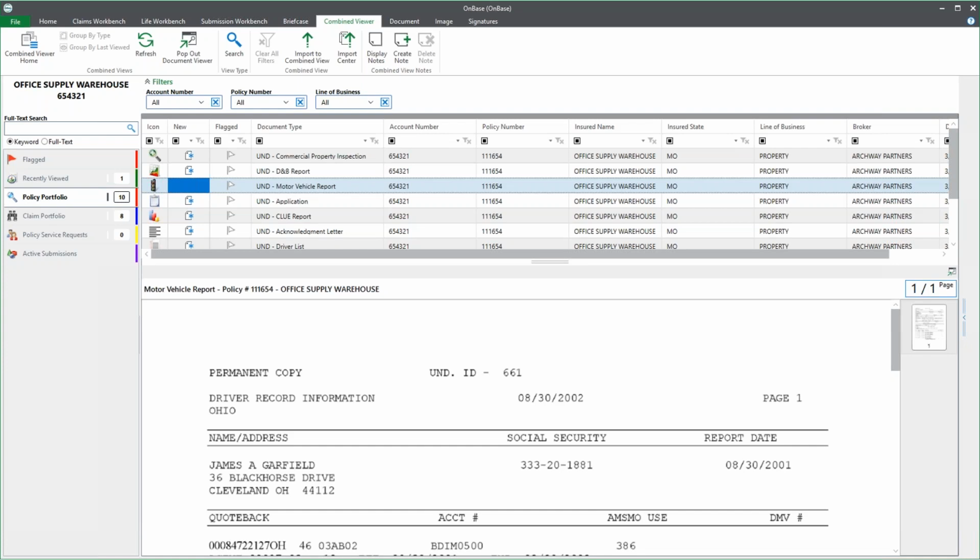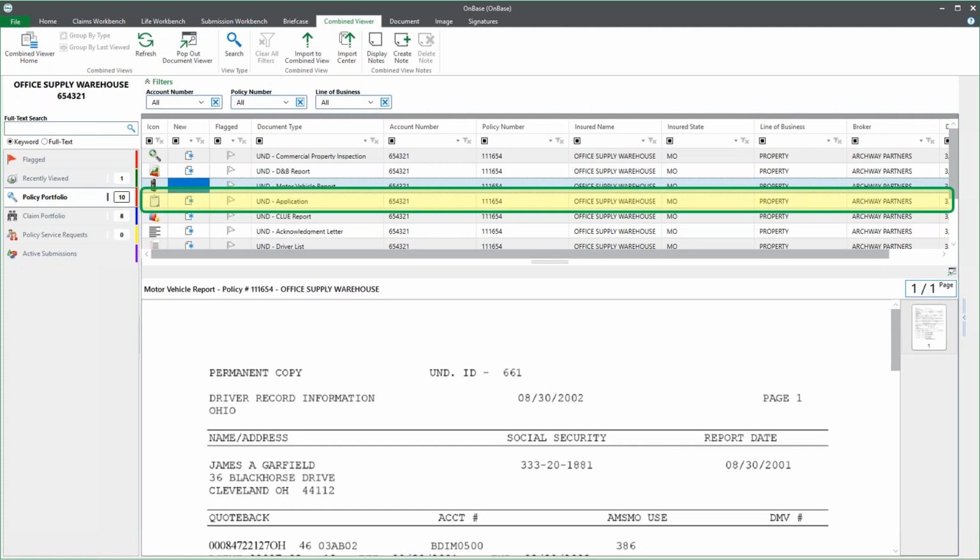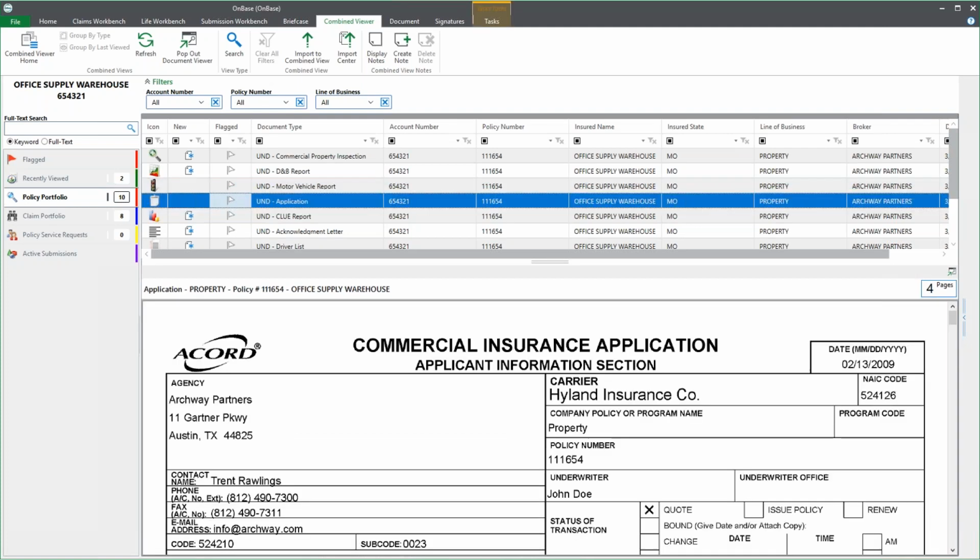Now notice this blue box up here. This is my new column. If I haven't viewed any of these documents, you'll see that there's a little icon that appears for these viewed items. As I view them, that takes it away. So it's just a little visual reminder, hey, I've already looked at this document at some point in time. It might not have been recently, it could have been a while back, but I just wanted to point that out as we go along. If I wanted to take a look at this application, again, I just click on it,